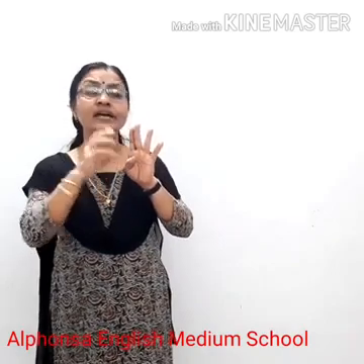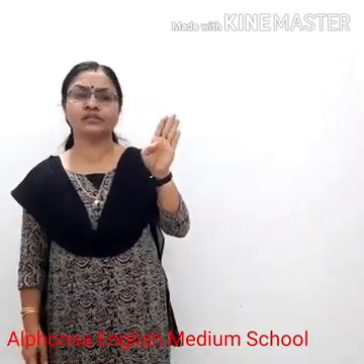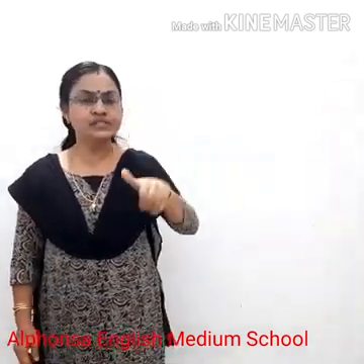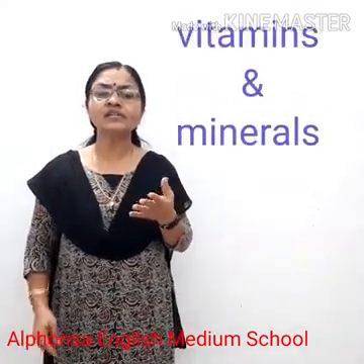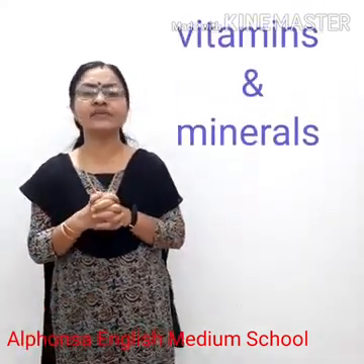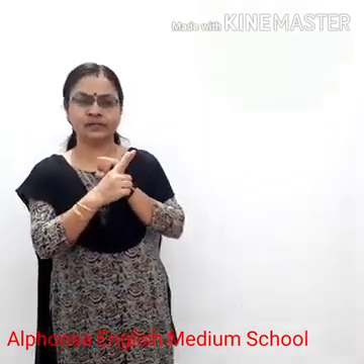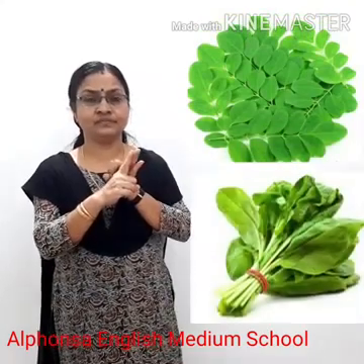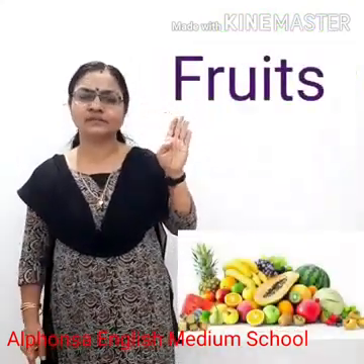But I am telling which they are rich in, where more of that nutrient is present. That is proteins. Fish, meat, milk, all these are rich in proteins. Now I told 4. Next, which is the nutrient? Vitamins and minerals. All fruits and vegetables are rich in vitamins and minerals. Green leafy vegetables, drumstick leaves, spinach. Any 2 fruits you can write, rich in vitamins and minerals.